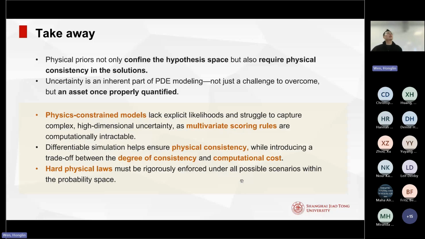Also, on the mapping, I was wondering whether, if you don't have a system where your physics is constrained, but there's some uncertainty in the physics equation, can you use that mapping to get some estimate of the uncertainty in some way?